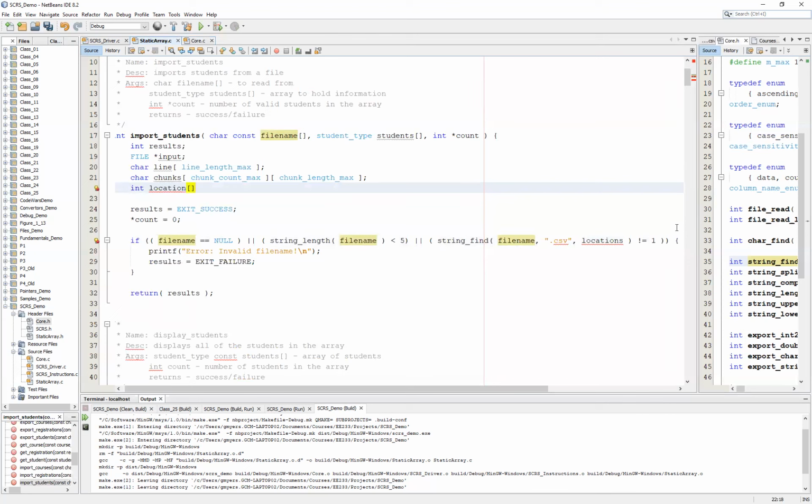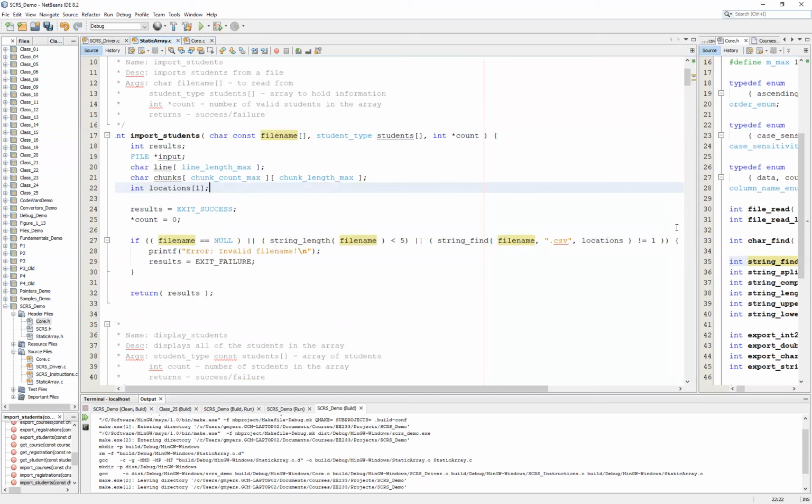At this point, we want to take just a second to go ahead and create an integer locations array. And once again, we wouldn't expect it to be that large, so we can just simply put a default value in here of maybe 2 or 3 or 10. But basically, that would mean that it found 10 copies of the .csv file extension. So you could just simply leave it to chance and put 1 here. If a user did provide a file name that had .csv.csv in it, then it would actually cause your application